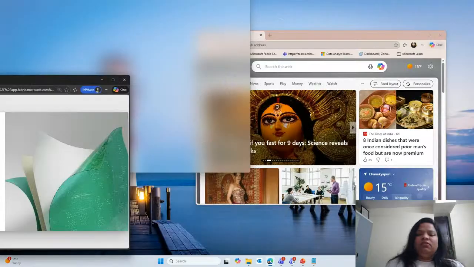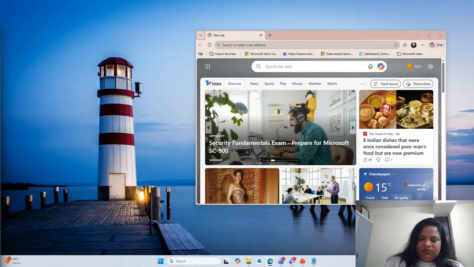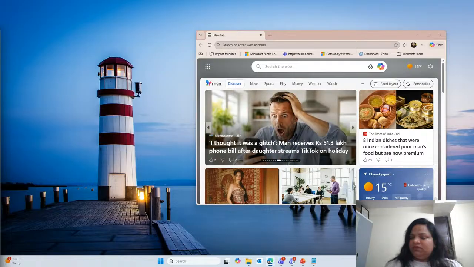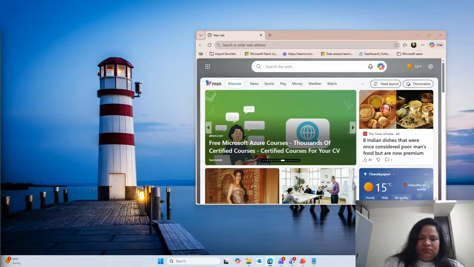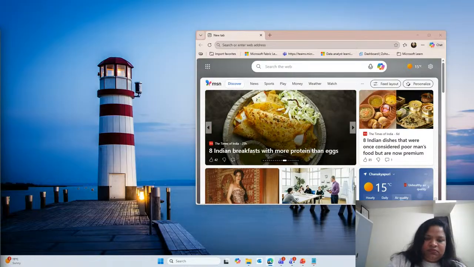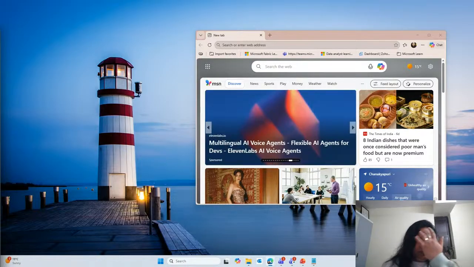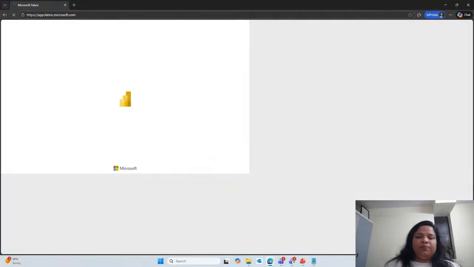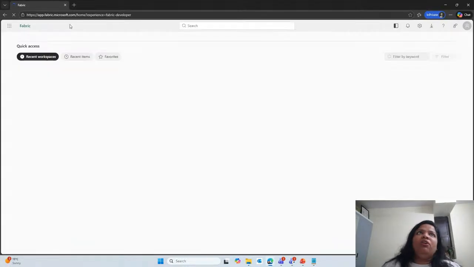I'll just enter the credentials. So the URL is app.fabric.microsoft.com.